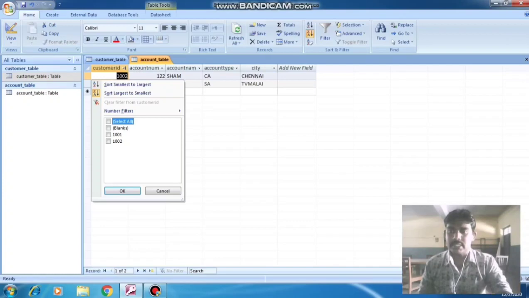But we want to select only a particular row and particular column. So I select like this, only one row, 1001. That record only I am going to filter. If 10 records are there, how do we display only a few records or any 3 records? That is the filtering.